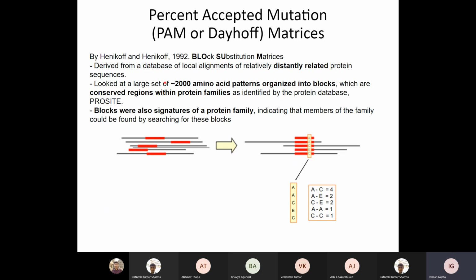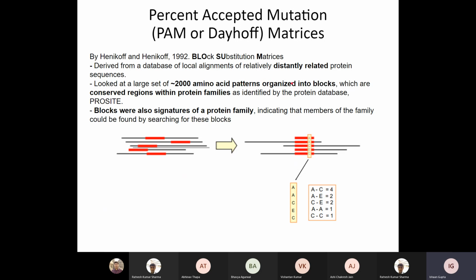What they did was derive a database of local alignments of distantly related protein sequences. By that time you had databases like PROSITE, which were giving you protein families. So they took a large set of about 2000 amino acid